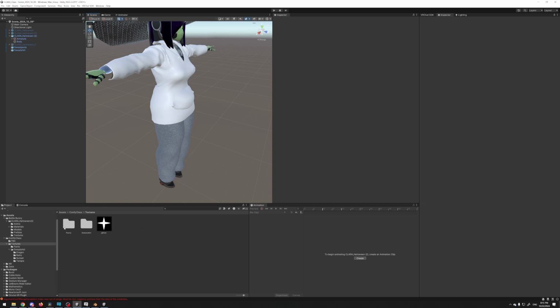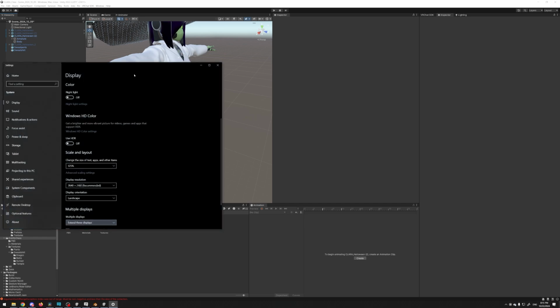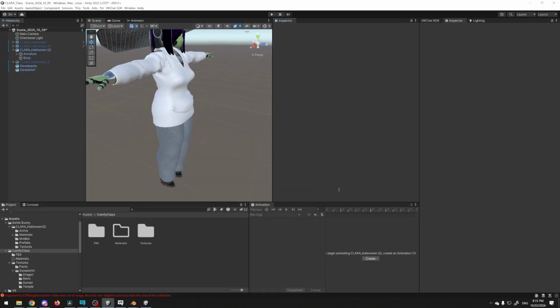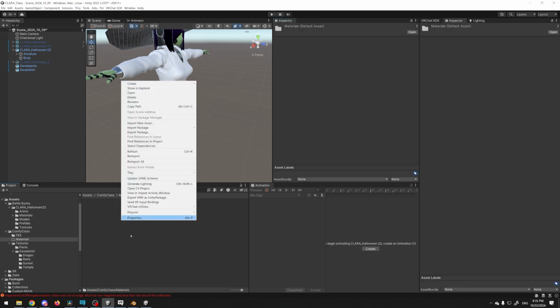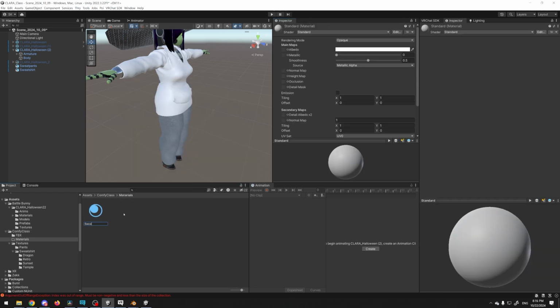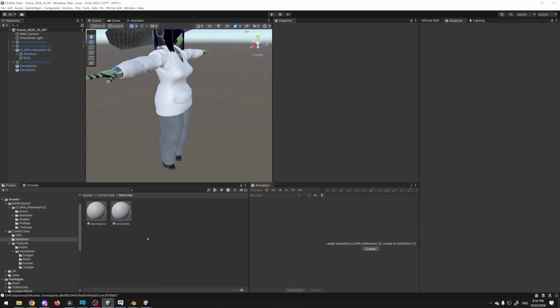So we need to make a material for our pants and our sweatshirt and apply them to the objects that we've created here. To do that, I'm going to go ahead and create a new folder called materials. I also forgot to increase the size of my text. My bad there. Let me fix that. There we go. Make everything a little bit more legible. And inside the materials folder, we are going to right-click, create a material. Call this one sweatshirt and make another one called sweatpants. If you've already added the Poiyomi Toon shader from the VRC Creator Companion package,